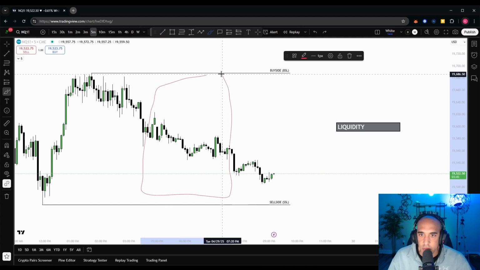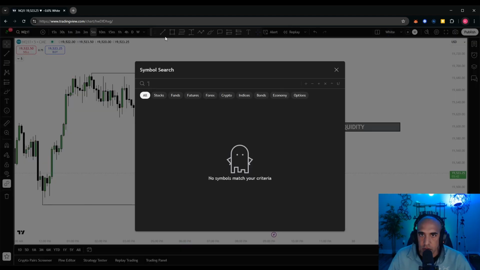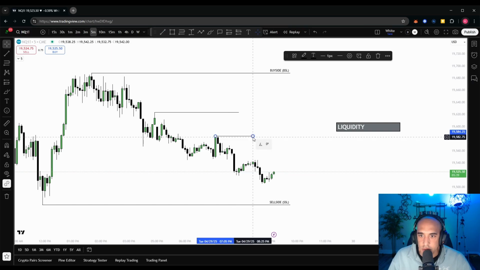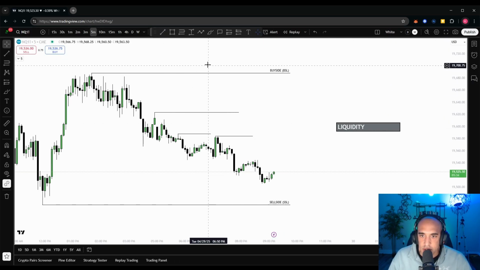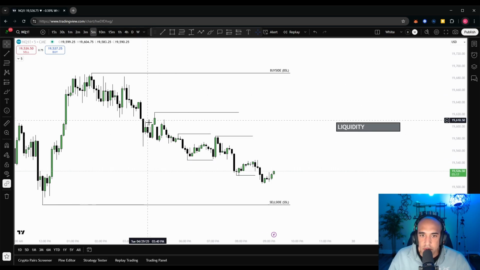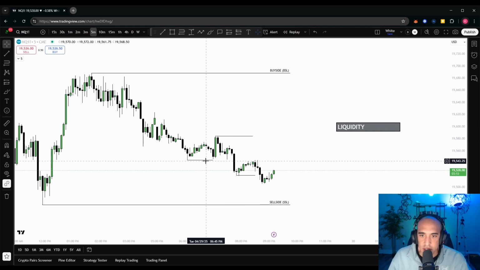Now internal is everything inside, everything in between. So this is internal buy side liquidity right here. Internal buy side liquidity right here even. Internal sell side liquidity right here. Internal sell side liquidity. All these lines I have marked have stop losses sitting below and above them. This is on purpose. Some of this is set in on purpose so price can come and attack it later. But all of this is here so that you have an idea of where price could be heading.